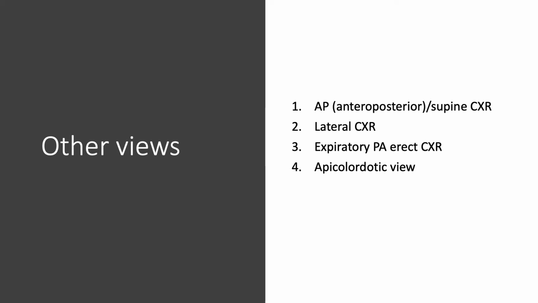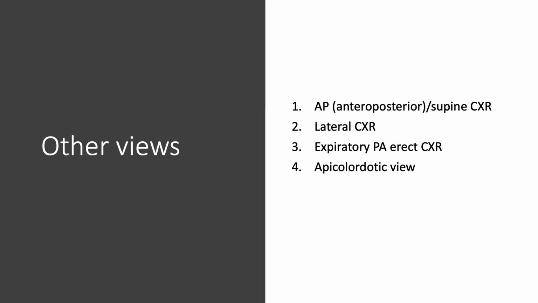An anterior-posterior or supine chest X-ray is performed when the patient is too ill to stand. The plate is then placed on the patient's back and the X-ray tube is placed in front. The major disadvantage of this is that the mediastinum and the cardiac size will appear wider due to venous distension and magnification. Lateral chest X-rays are done to give further views of the lungs and heart